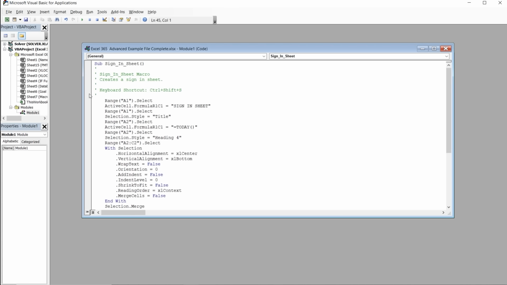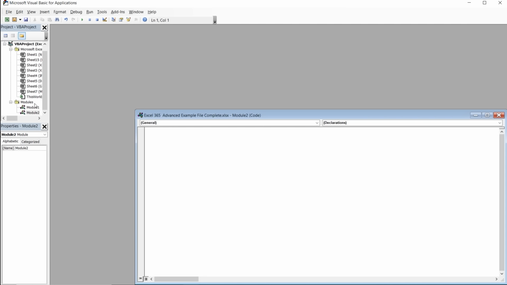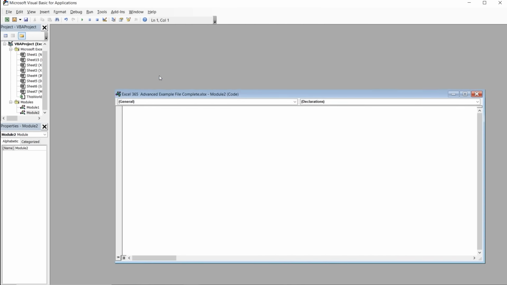Now once we click into there, you'll notice that we have our module 1 from before. And if you want to create your own new module, you're more than welcome to. I'll just exit this one. We're going to go up to the top. You'll see under the second little toolbar here, we have a little drop down, and we can click on Module. Once we click on that module, it'll create a second module for us where we can start writing our own